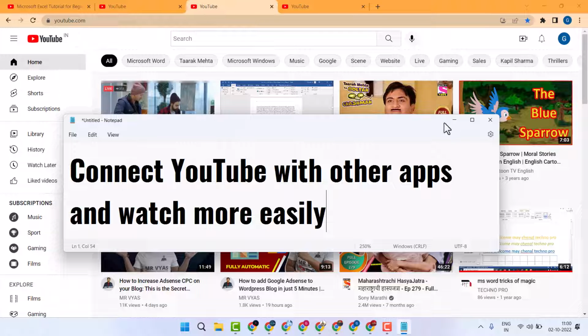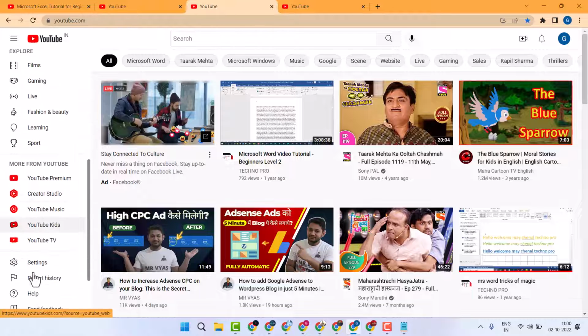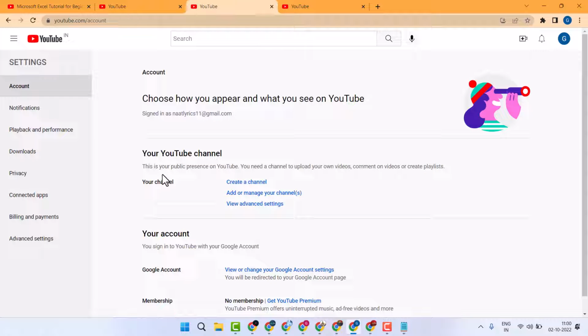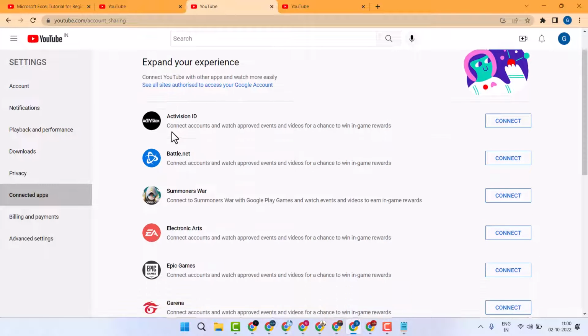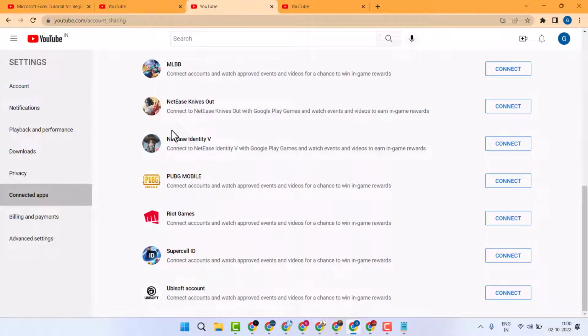So open youtube.com, then here click on settings. Now here click on connected apps. Here you will see a list of applications you can connect your YouTube account